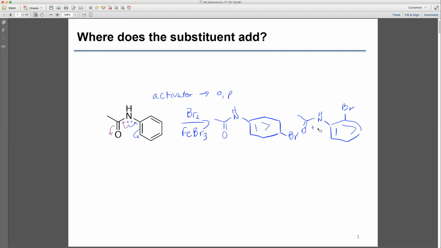As I was saying, the para in this particular situation would be predicted to be the major product because it would be most easily added there. This group is large enough that sterics would become an issue, and that would decrease the ortho product, okay? So if you look in your textbook on page 1006,